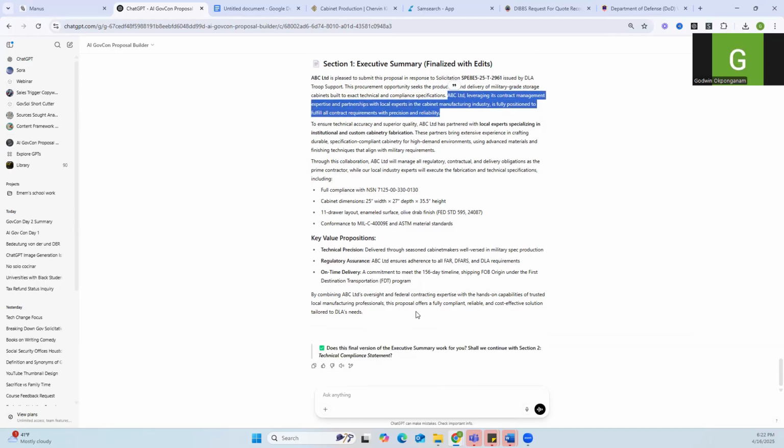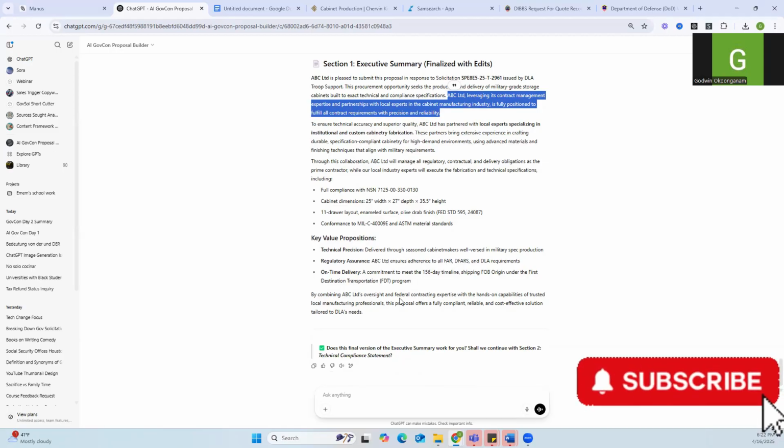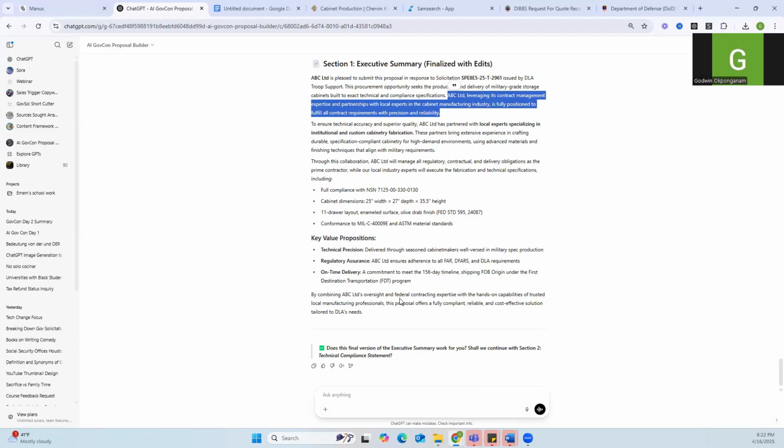I'm not saying that this is a big issue, that if the contracting officer sees that you called your subcontractor team, it's going to be a big issue. Not at all. But I just want to let you know that you have that customizability and you can really brand this to your own preference. So I'm going to take this